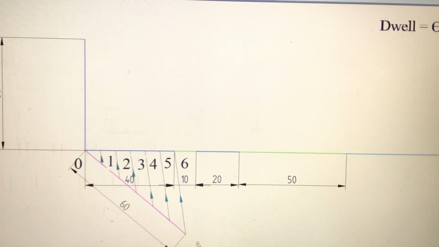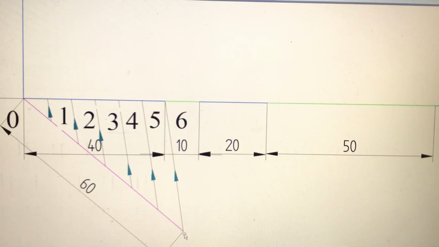After this, from the end point of this inclined line, I'm going to join to the end point of the 40 mm line, that is the end point of the angle of rise line, so that I'll get a line like this. This is the inclined line. This point is 6. Now from this end point I'm going to take 10 mm. Likewise, take 10 mm in your compass, then cut an arc so that you get 10 mm here.